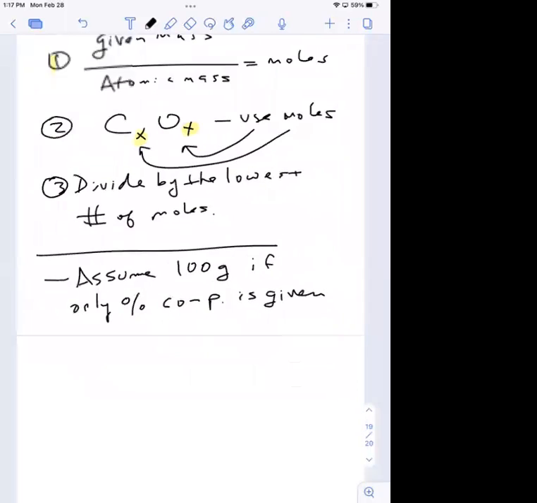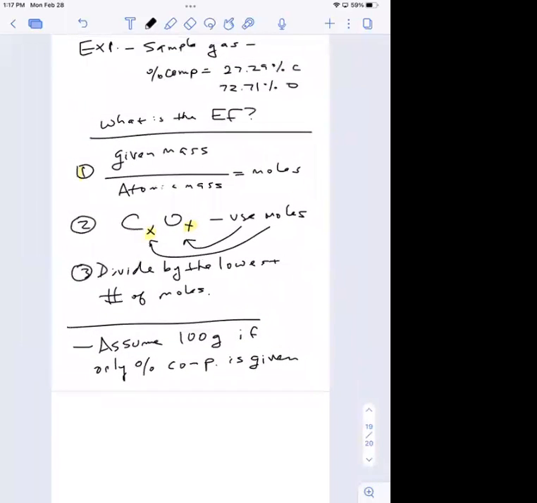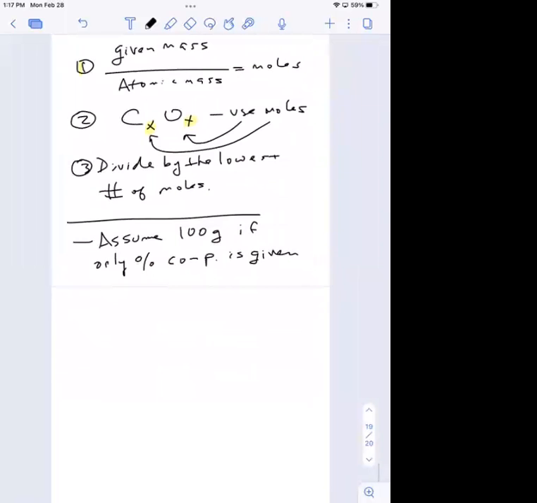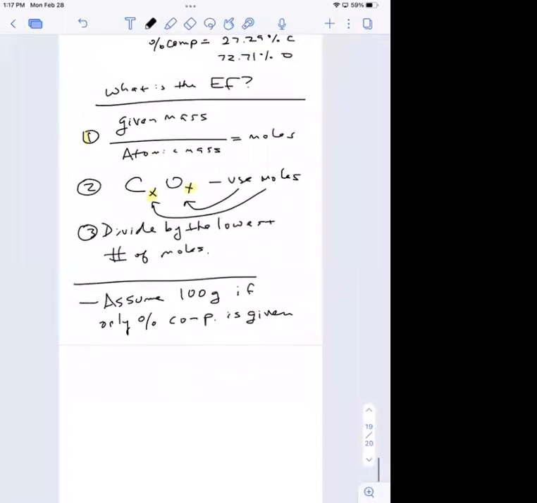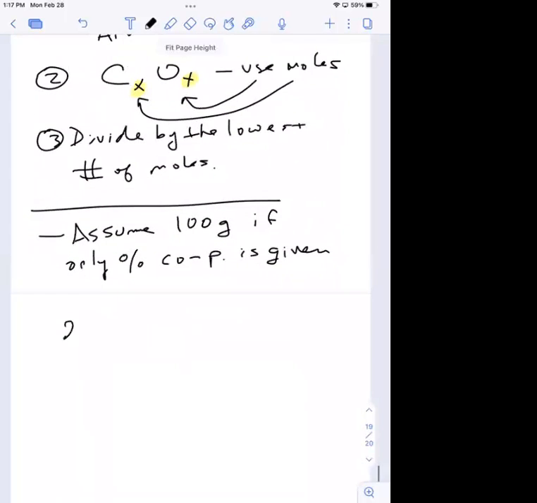All right. So we look at this compound and it tells us that it's 27.29% carbon and then 72.71% oxygen. We could just take those numbers and say, okay, if it's 27% carbon and it's a 100 gram sample, that means 27.29 grams of carbon. And it also means